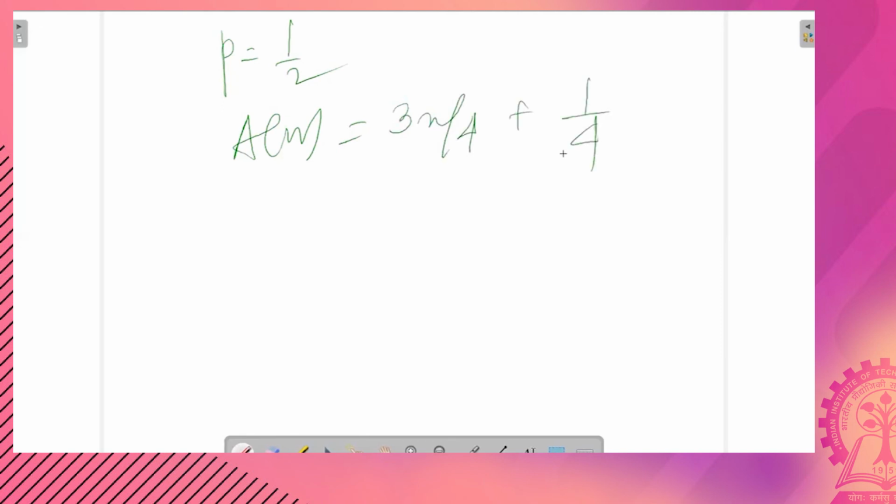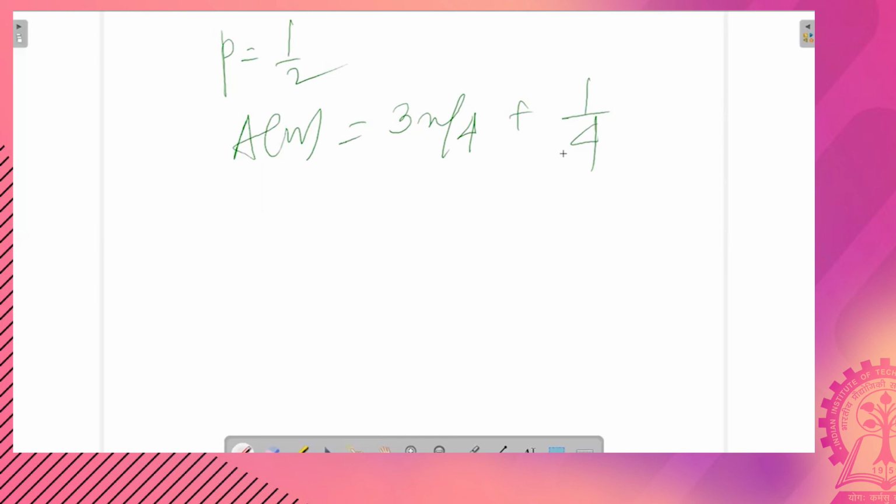Now, if there is a 50% probability that x is present in S, then putting p equals half, we have An is equal to 3n by 4 plus 1 by 4.